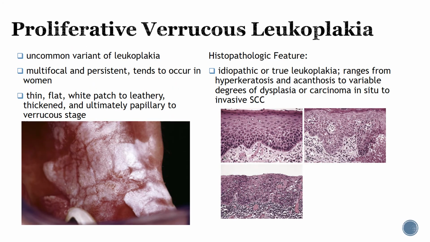Proliferative verrucous leukoplakia is characteristically aggressive, with changing histopathologic features, a more relentless behavior pattern, and a greater tendency to develop into squamous cell carcinoma. An uncommon variant of leukoplakia, it is characteristically multifocal and persistent and tends to occur more often in women. An evolution from a thin flat white patch to a leathery thickened and ultimately papillary to verrucous stage characterizes this